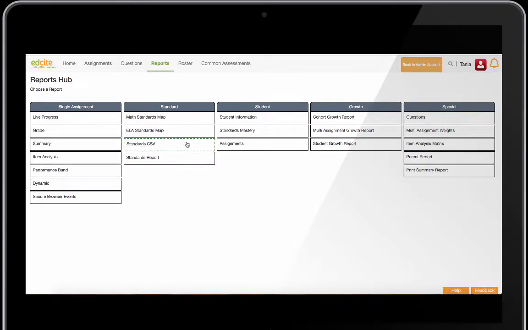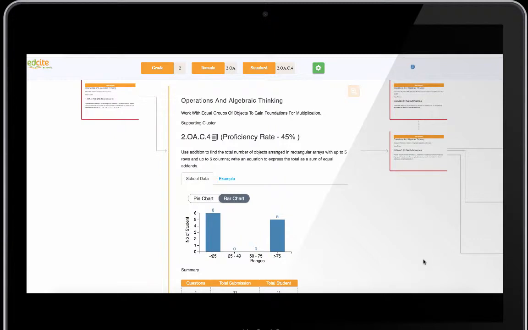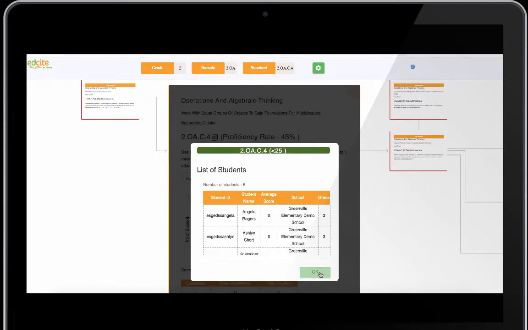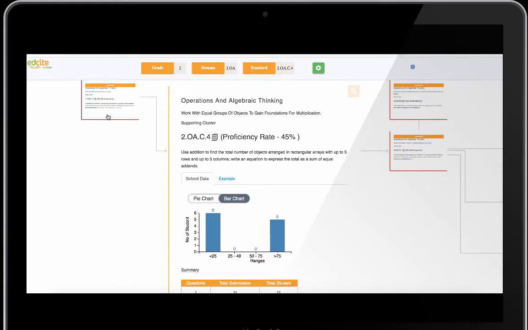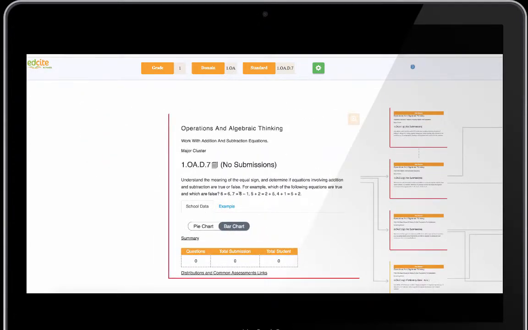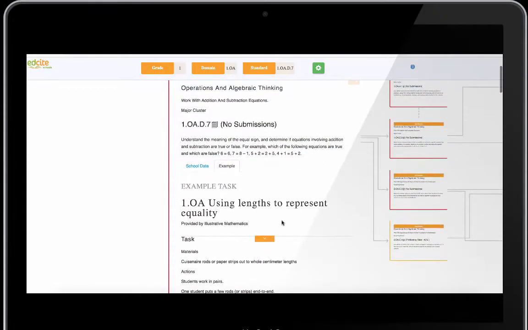So before we wrap up, I'm just going to show you from the teacher perspective a standards-based report, a student-based report, and a growth-based report. This math standards map is built upon the Achieve the Core coherence map, and it's really great at helping provide some guidance about how to respond to your standards data. So if I know that I need to remediate these 6 students on this standard, I can use the map to toggle to the left to see what first grade math skill came before that second grade standard. I can see an example of what it looks like at that level, and I can see content that's recommended